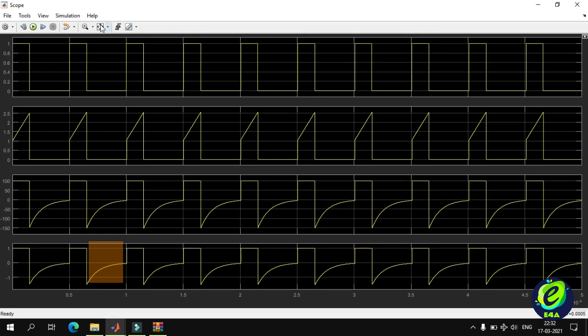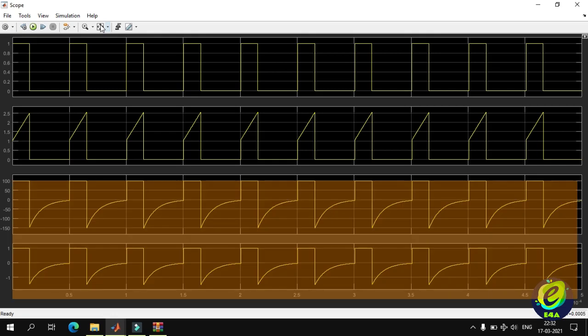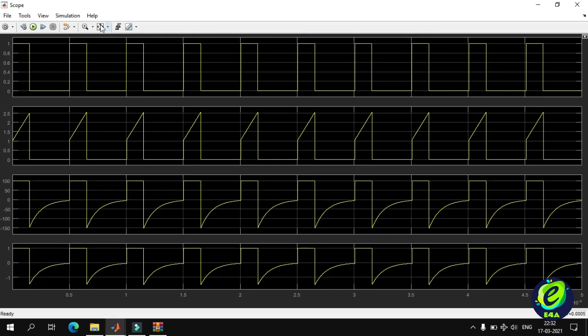Hence you can see the current waveform going negative in the scope after turn off. You can see that the voltage and current waveforms are identical in shape. This is because the load is resistive. We will explain these waveforms clearly in the next video. In the next video, we will achieve the actual output waveforms as they should be in a practical flyback converter. We will stop today at this point and take it further from here.